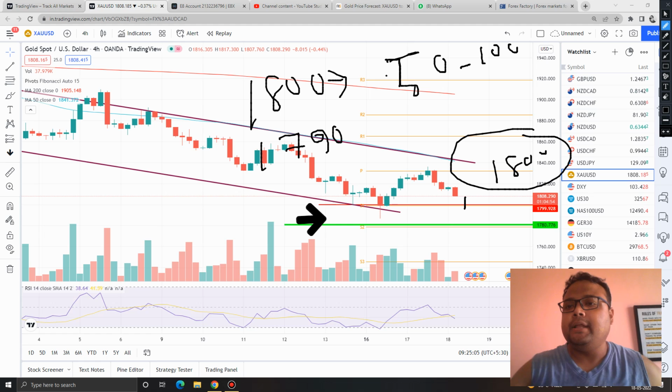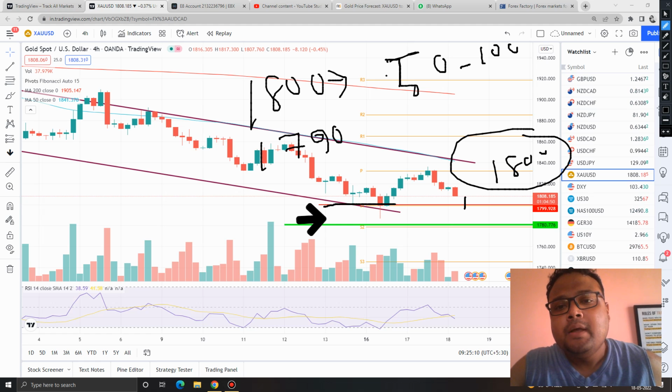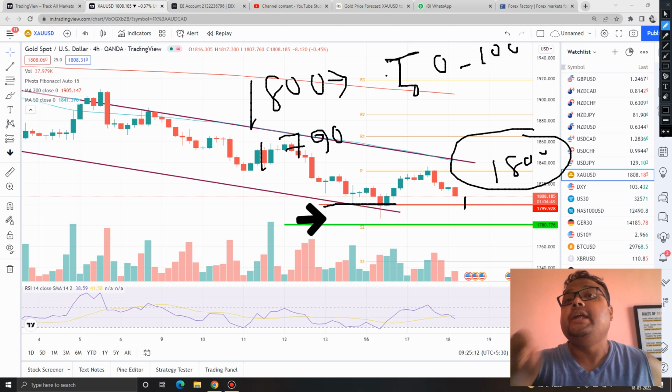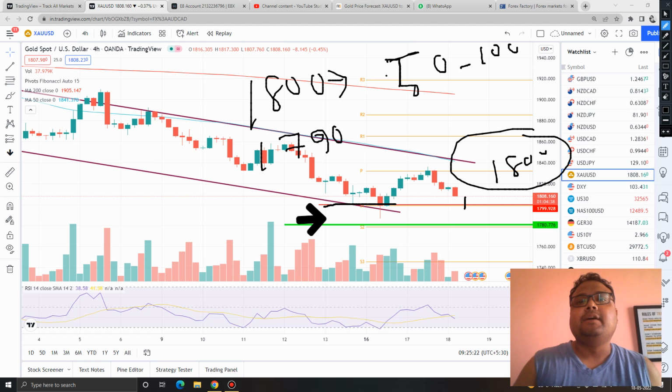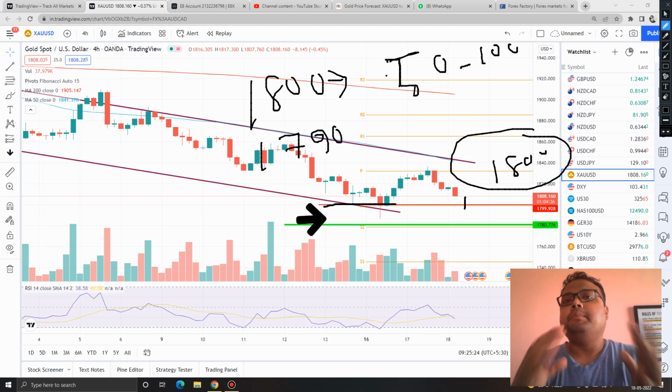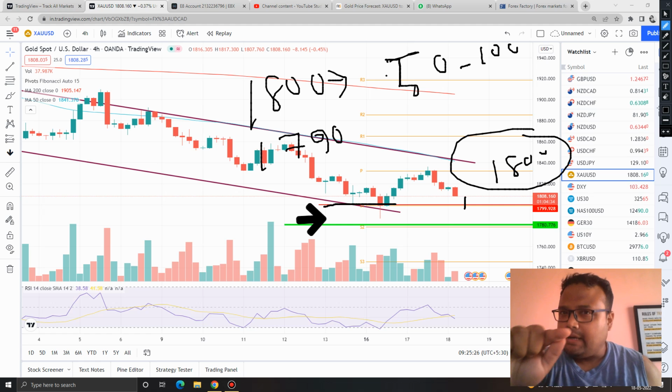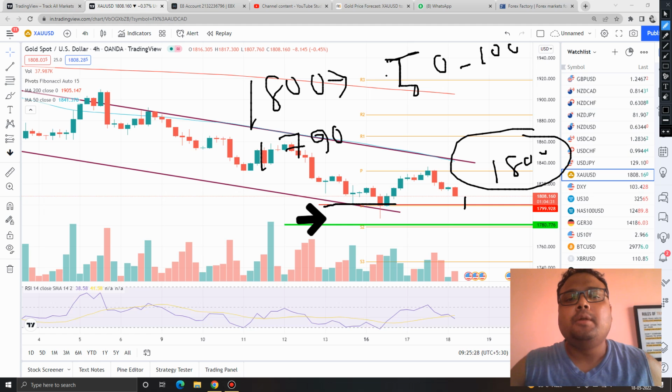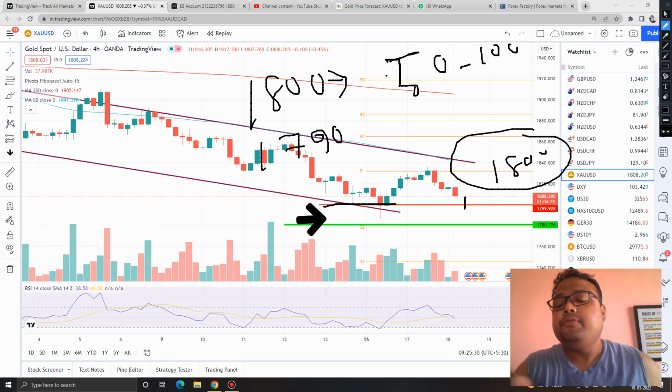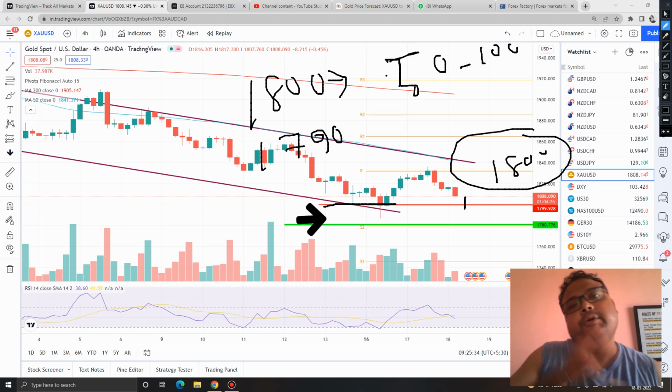Again I'm repeating, we have a psychological support around the 1800 level, but 1800 is not a very reliable level. As a result, if you want to avoid 1800, skip it, because personally I will not suggest anyone to trade at the 1800 level. But yes, being a psychological support, there may be a small bounce of 30-40 pips. If you have the experience to catch those kinds of movements, you can go for it.